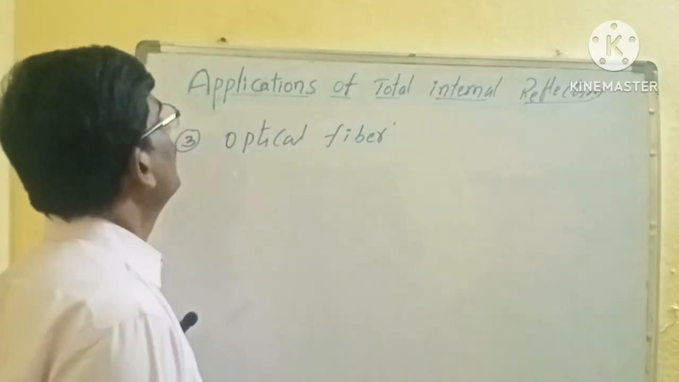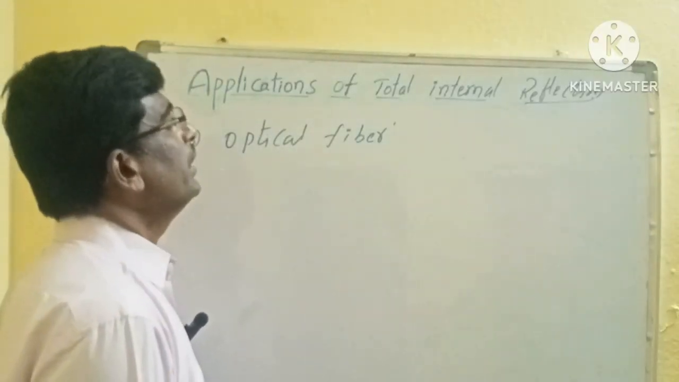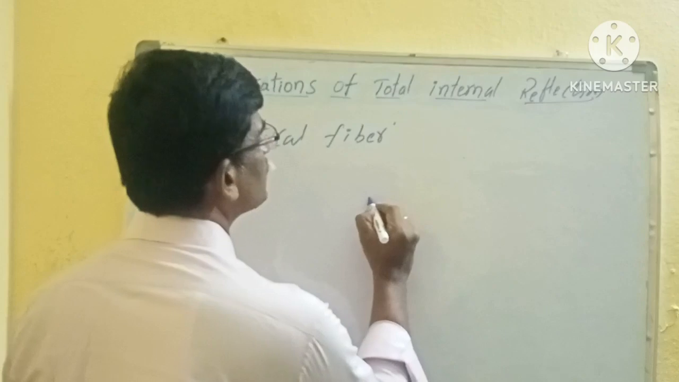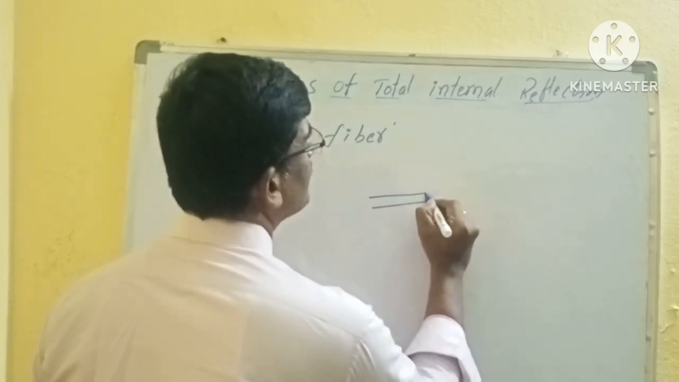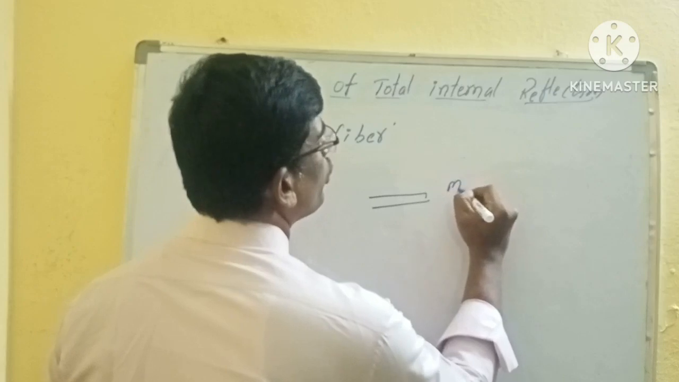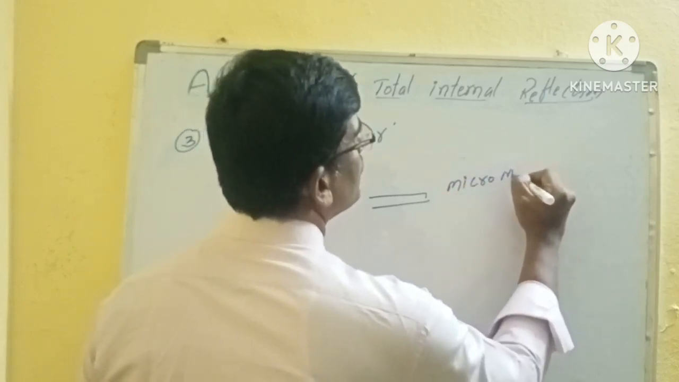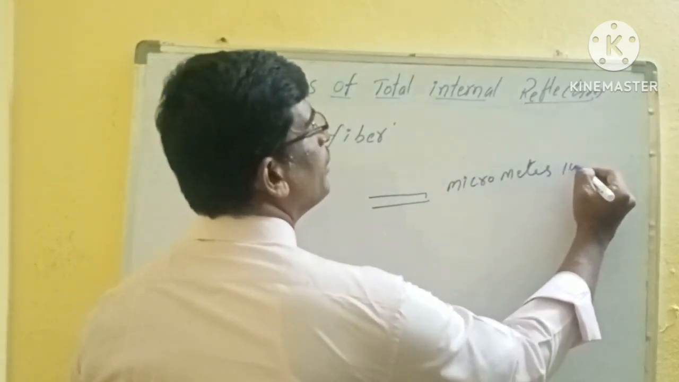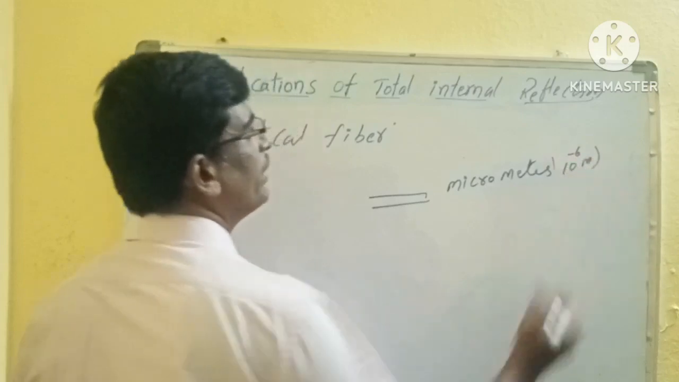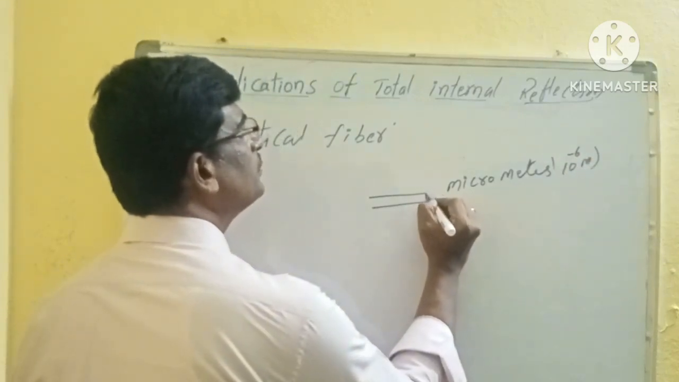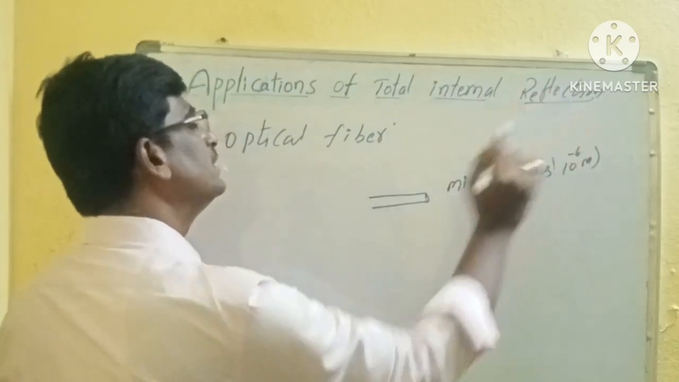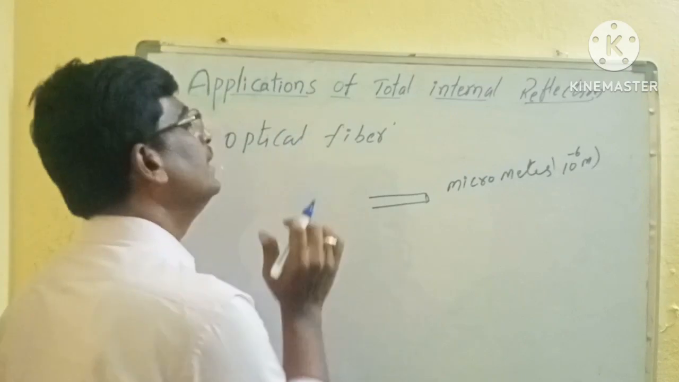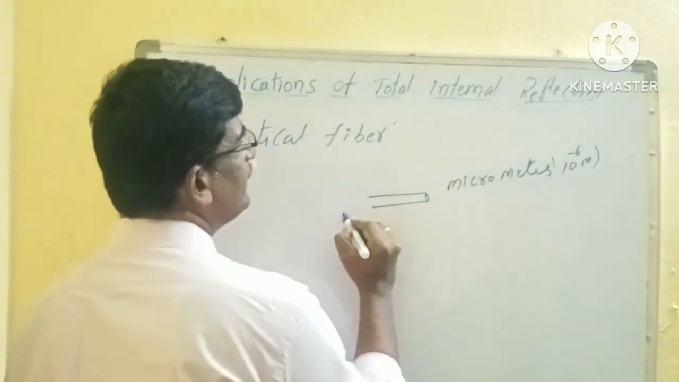The third one is the optical fiber. An optical fiber is a very thin fiber with a radius of a few micrometers. A micrometer means 10 power minus 6 meters, so a very small radius. It is made of plastic or glass. When the light is incident in this one,